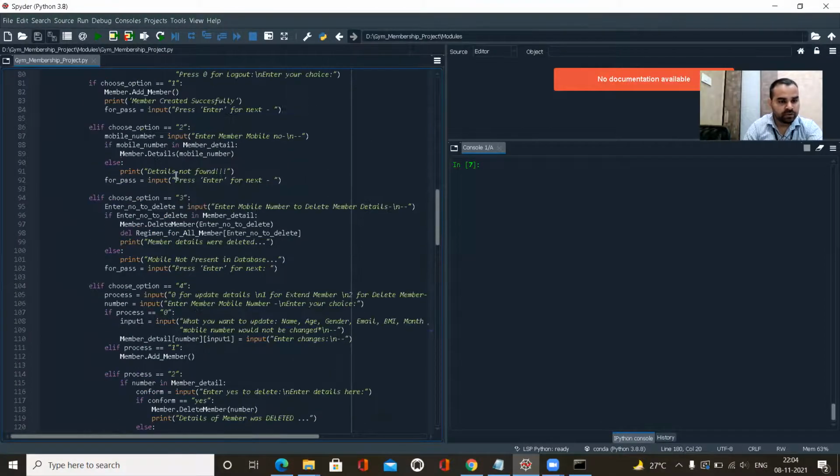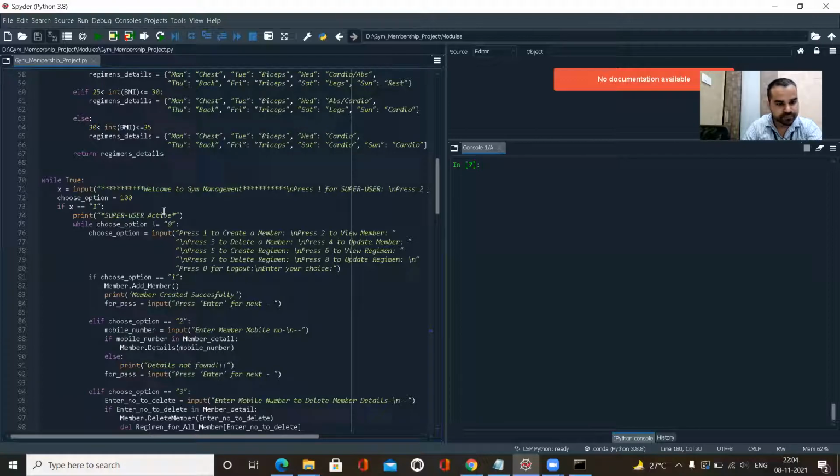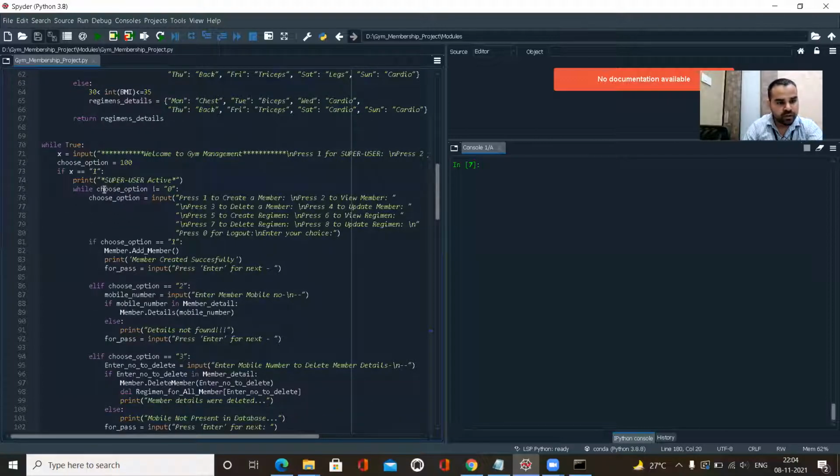Let me talk about the super user first. In super user, I have given 0 for logout. So if the option that the super user has chosen is not equal to 0, then it will print: press 1 to create a member, press 2 to view a member, 3 to add, and all those things, which I have already shown you.